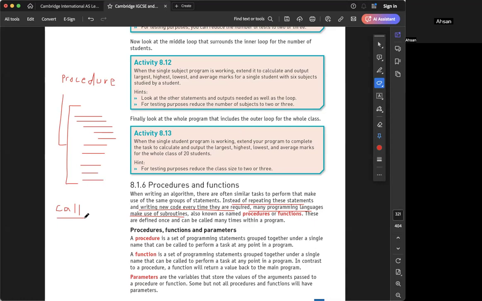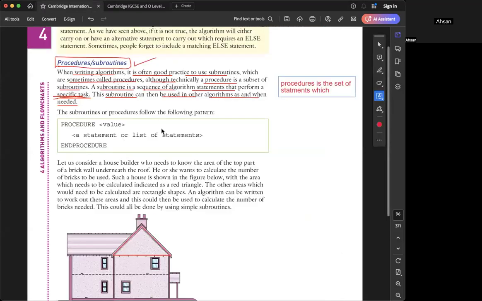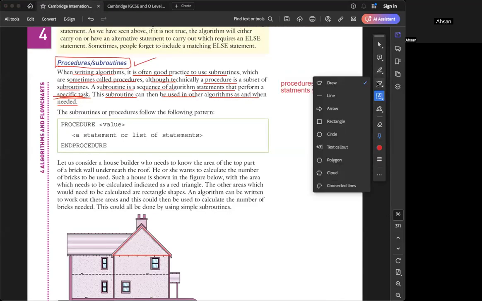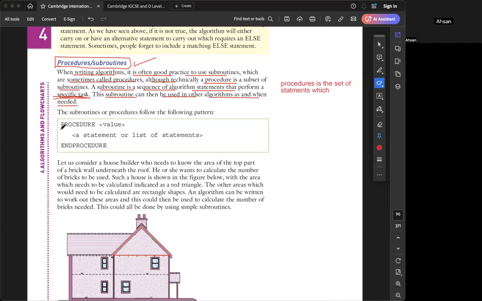Tell me, what is a procedure? I've used it in Python. So when we want to repeat different statements, we just group them in one. So our program is less lengthy. Very good. Okay. So you see, we need to write the word procedure,